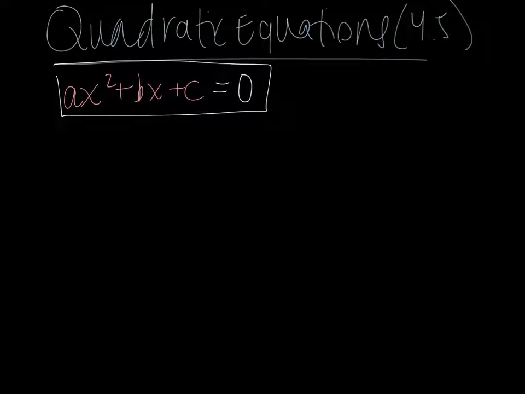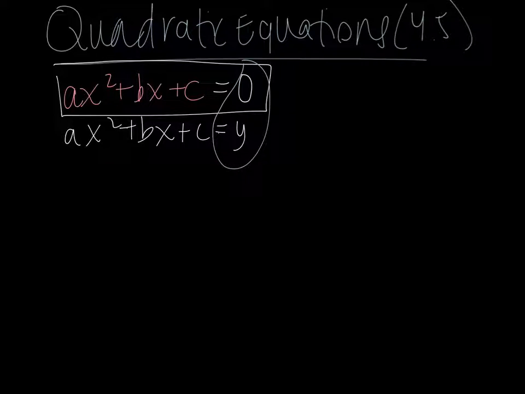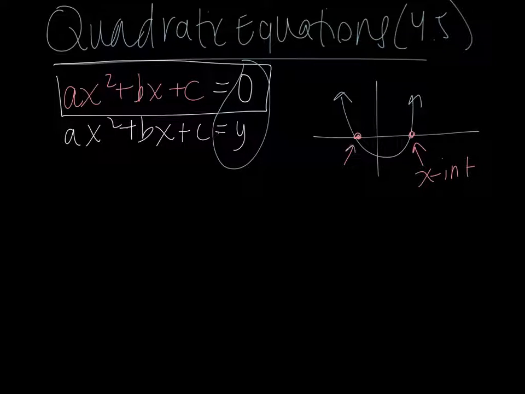Now, if I had just replaced ax squared plus bx plus c with y, essentially what we're doing in this entire section is finding out when y equals 0. Now let's go to a graph. Where does y equal 0? Let's say y equals 0 here and here. These are called my x-intercepts. Anytime we're setting something equal to 0,